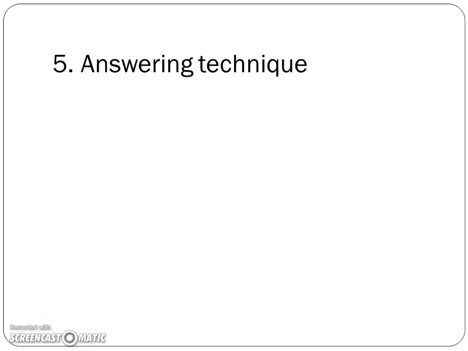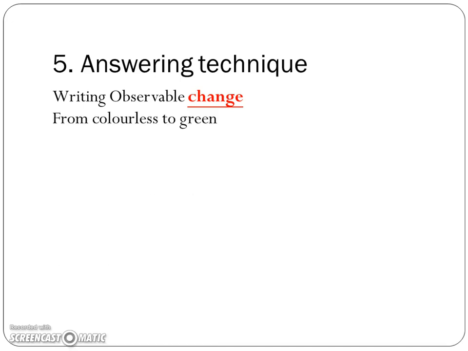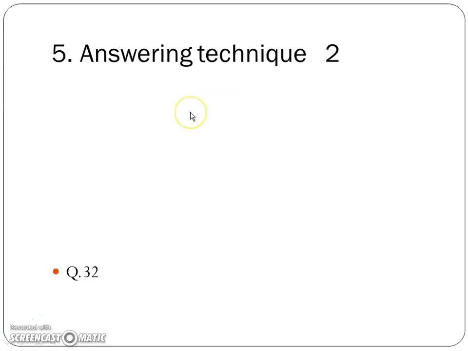Okay. So at last, answering technique is to be sharpened in order to get full marks when you are answering the questions. So I have told you before, when you are writing observable change, since it's talking about a change, that's why you must tell the others both the original color and also the final color. Also,